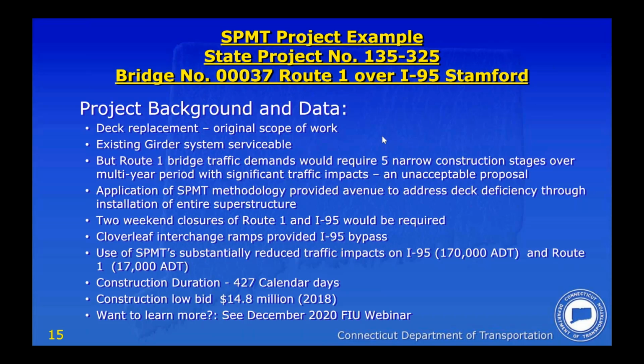And this project was dormant a little for several years while the department worked on what to do, how to go about replacing this bridge deck. But with the success of SPMT methodology that we saw elsewhere, and one of our own success stories that took place in Southington on Marion Avenue over I-84, it inspired our designers to look at using SPMTs to replace the entire superstructure, not just the deck, even though the steel was actually in pretty good shape in this project. But SPMTs opened that opportunity to be able to deal with this project in a much more expeditious way. In fact, as you'll see here, we have a construction duration that was only